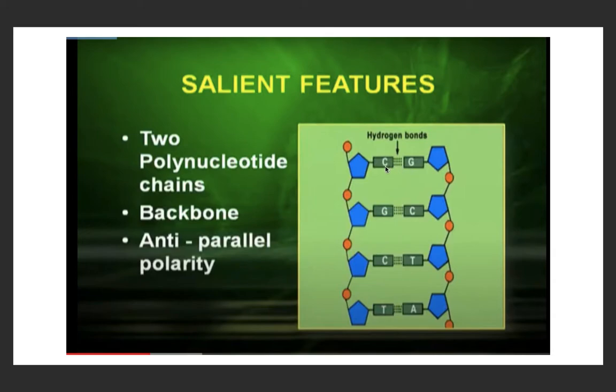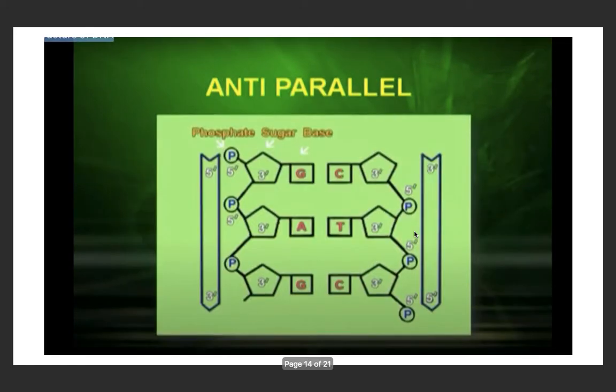Like in this way, between the nitrogenous bases cytosine and guanine, C and G, a triple hydrogen bond is there, and wherever A and T are present, there two hydrogen bonds are present. Here you can see in this structure. And as we are talking about the anti-parallel arrangement,